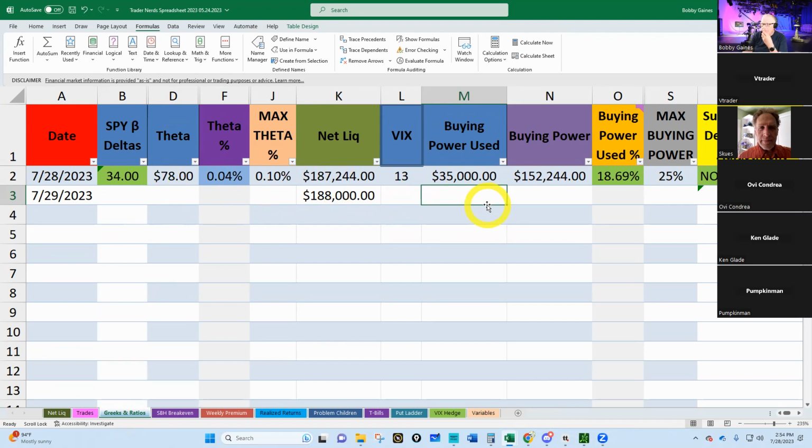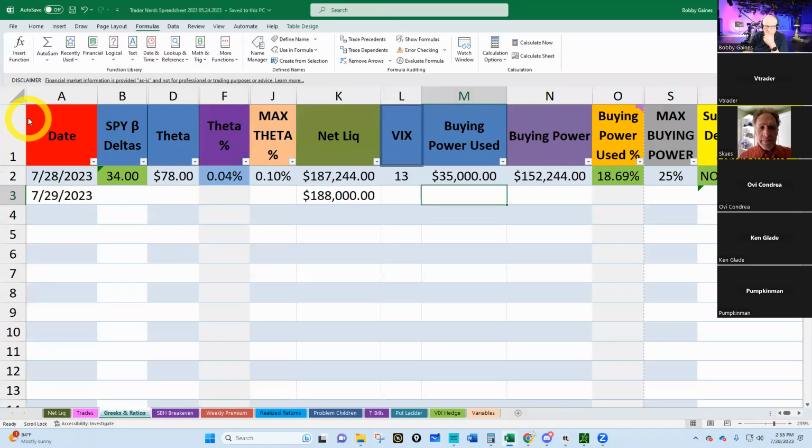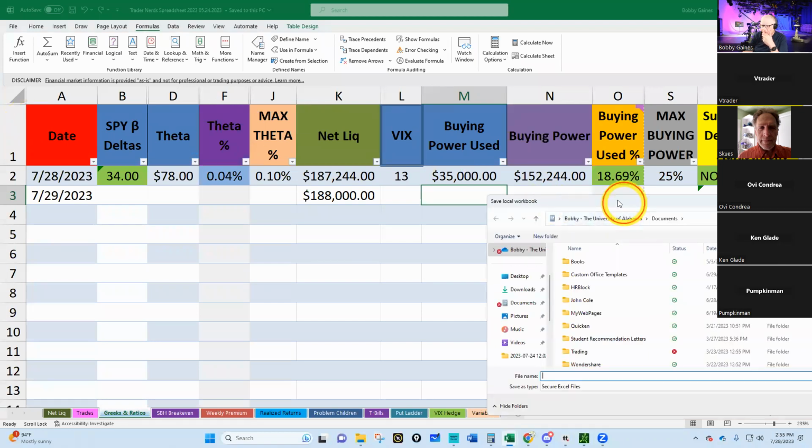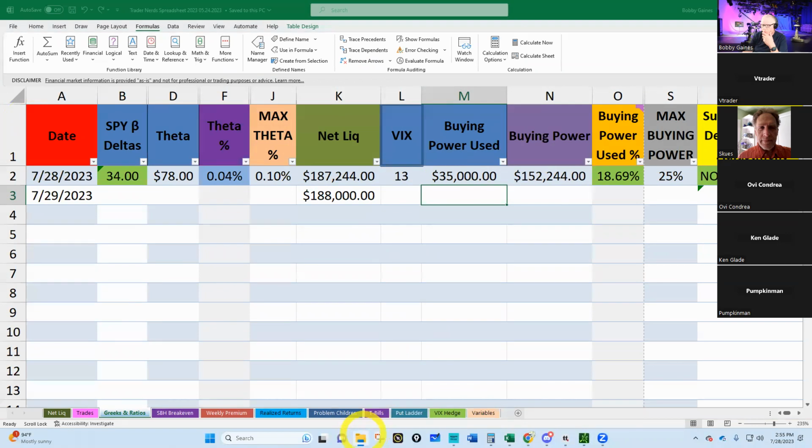So if you need this emailed to you, go to the 3 rooms, Hello Ladies chat, Ninja Nerd chat, Muscadine Mafia chat, and say, hey, Bob, email me a copy. If not, this should be pinned in all 3 chat rooms, the exe file. And what you would do is this. You would go File, and you would hit Save. And it's going to ask you to come up with a name, right? So name your file. And the next time you open it, instead of opening the original workbook, you're going to open a saved file with whatever you named it as.